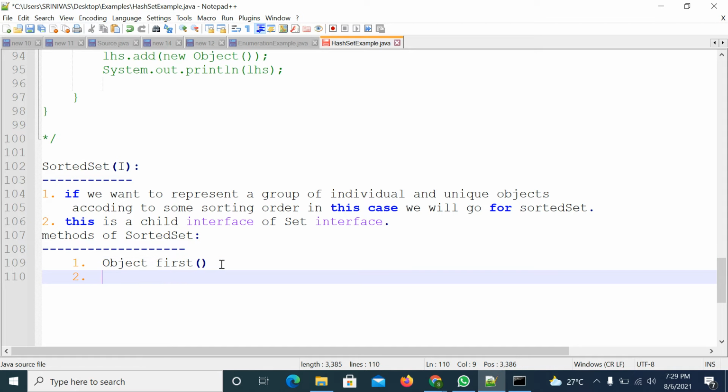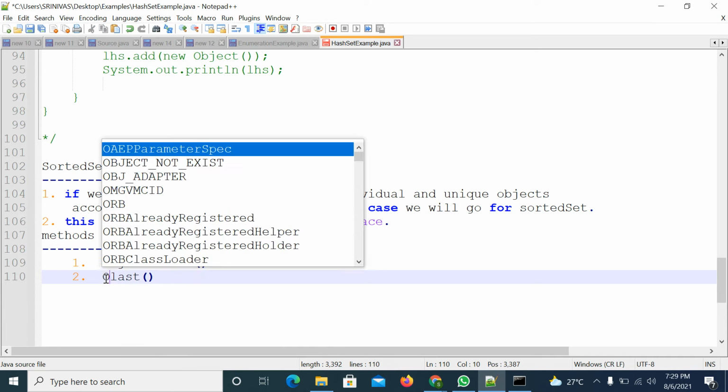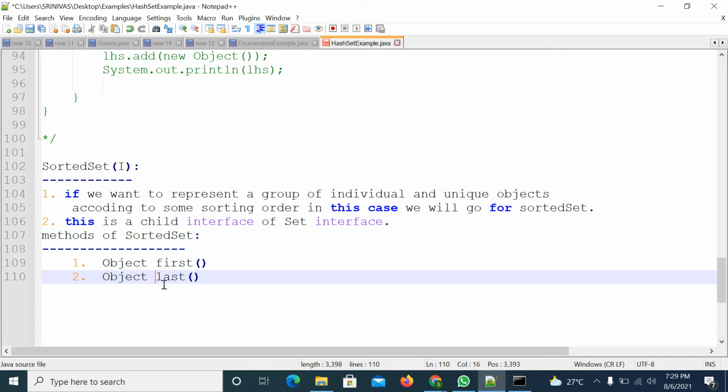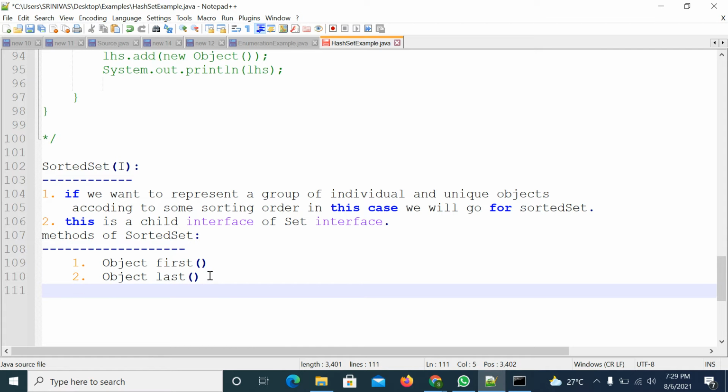Second one, last method. The method name is last. If you call this last method, it will pick the last element and return it in object format. Right. First method, last method. And there is one more method. The method name is headSet. If you call this method, headSet method will return...